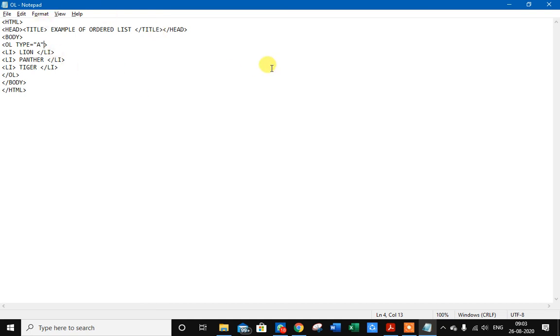So I use the style attribute of CSS. So list-style-type, I use circle, and let's define the position.